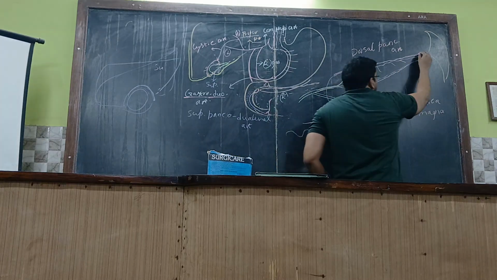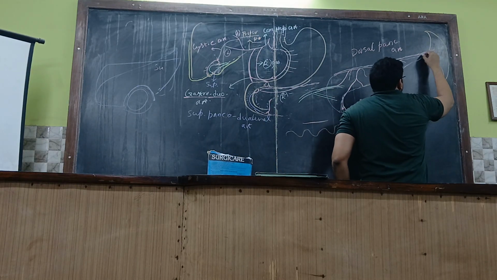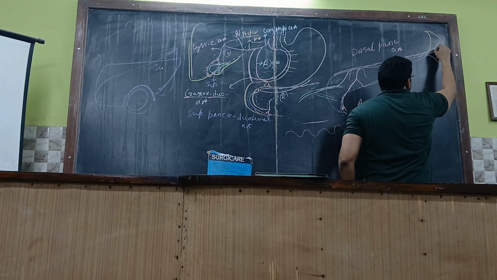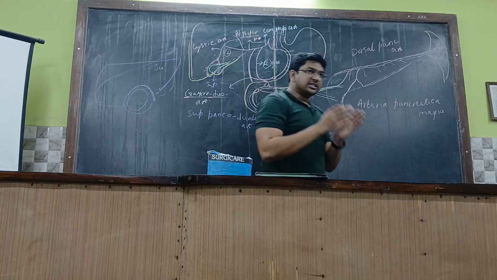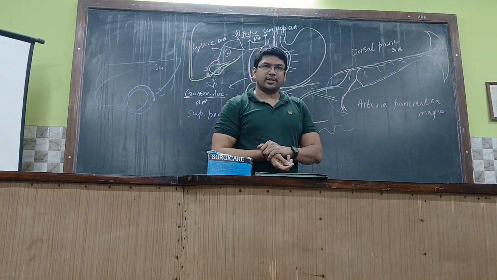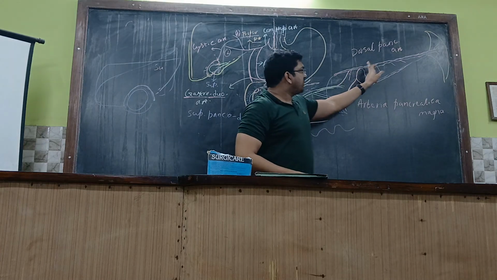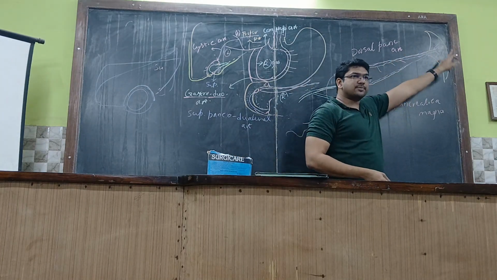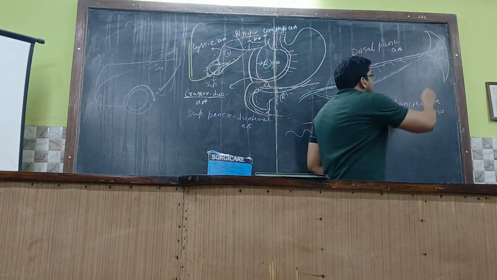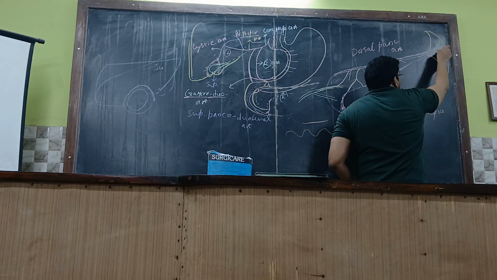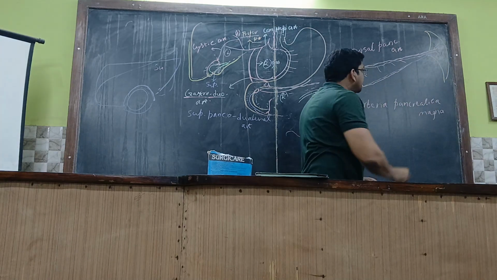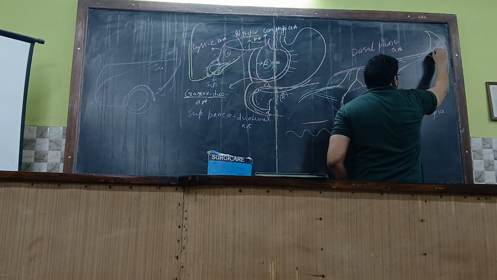And then finally the splenic artery enters into the spleen and divides into multiple segmental branches. The spleen is divided into multiple segments. Okay. So this is the ultimate goal for the splenic artery. The splenic artery supplies the spleen. These are the splenic branches, nothing but segmental branches. The other branches are